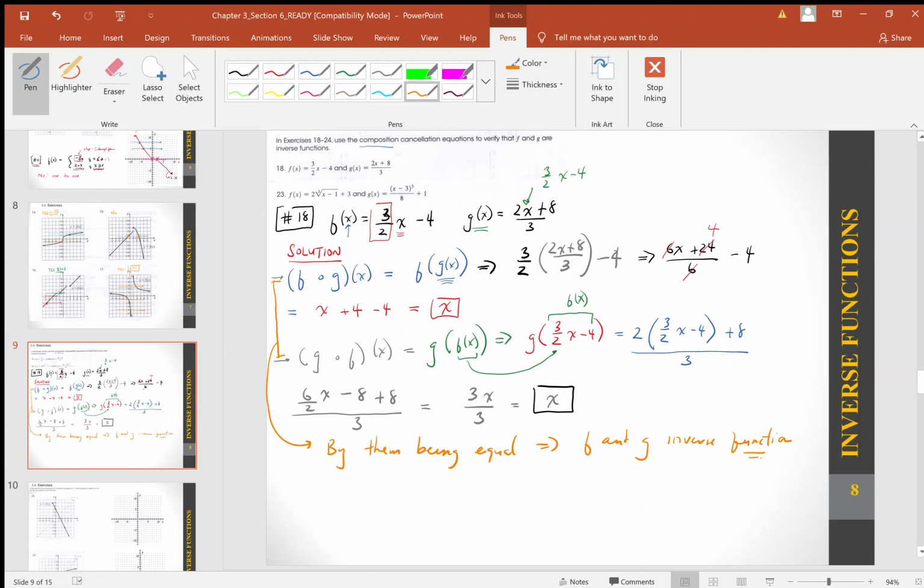All right. So this is x, which was here. This also was x. When you do the math, you get x. That was for this composition. So by them equaling x, it gives you the indication that they are inverse to one another. Okay. Number